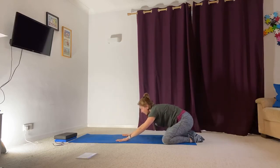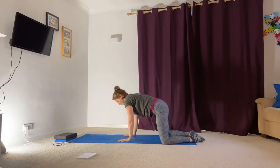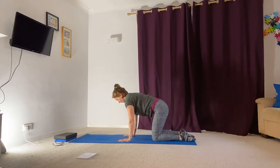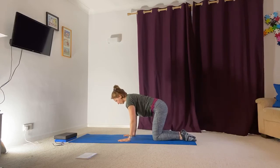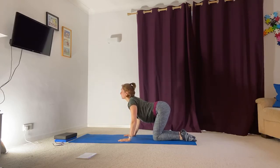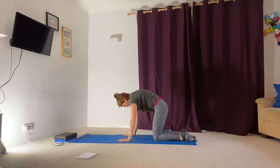Okay, coming up to all fours. Just want to do a couple of rounds of cat and cow actually. So from here, from our neutral all fours, and I'm not going to talk you through neutral too much because we're going into cat and cow anyway. So bring those shoulder blades up towards the ceiling, and then let the tummy drop down, head looks up, chest pushing forwards and down. And then working through these 2 end points,